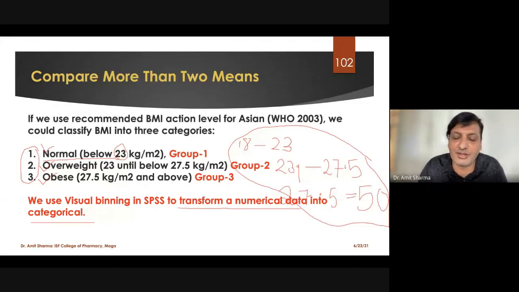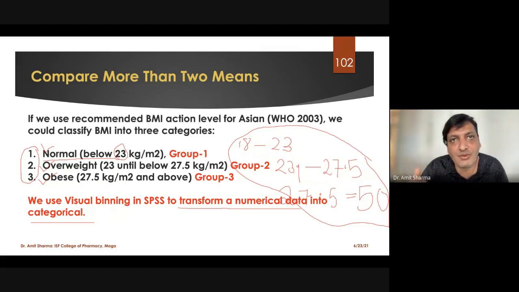And in my project also I have used these ranges, but I have not made them myself. I have referred to the guidelines of WHO, and WHO has given guidelines on what a person having a particular BMI value will be called. So a particular table given by WHO was referred to, and based upon that I have taken these values: below 23, 23 to 27, 27.5 to the maximum value, like this.